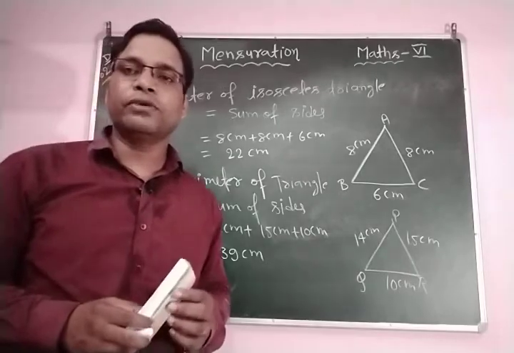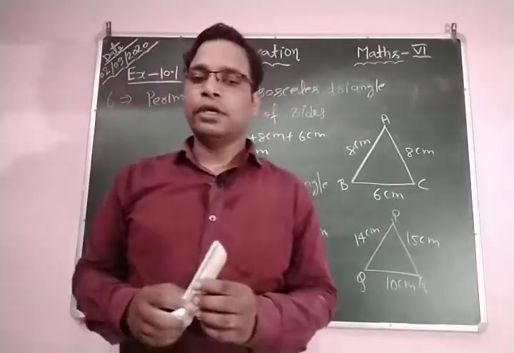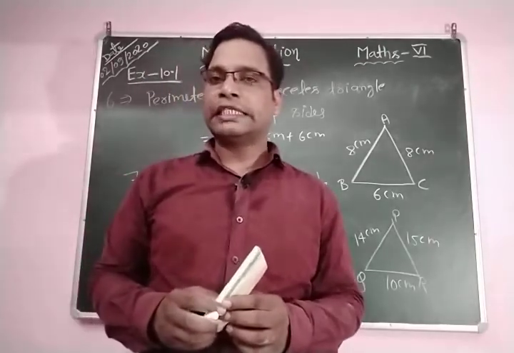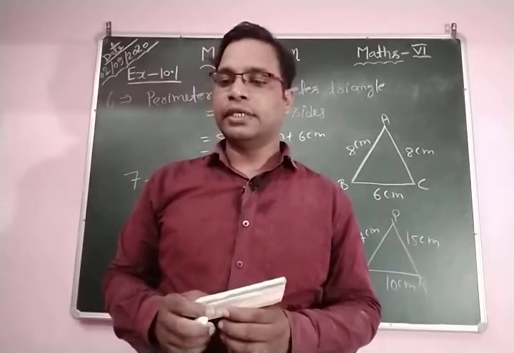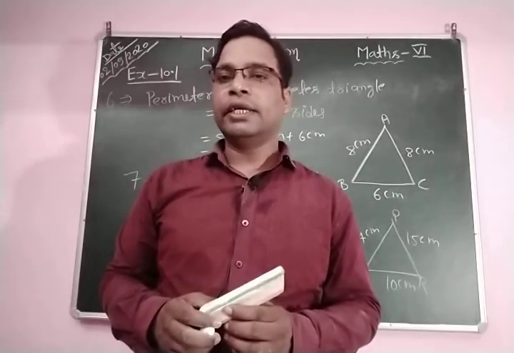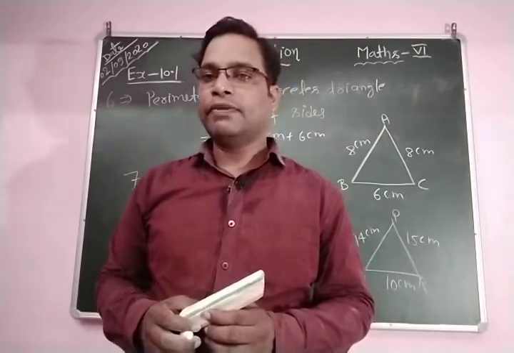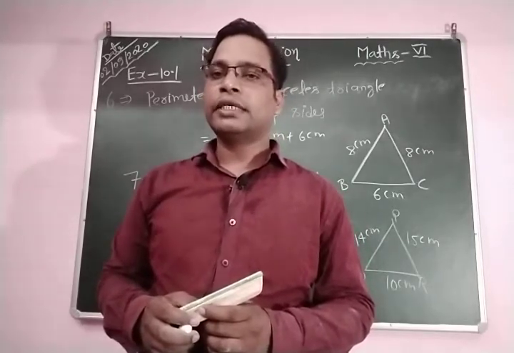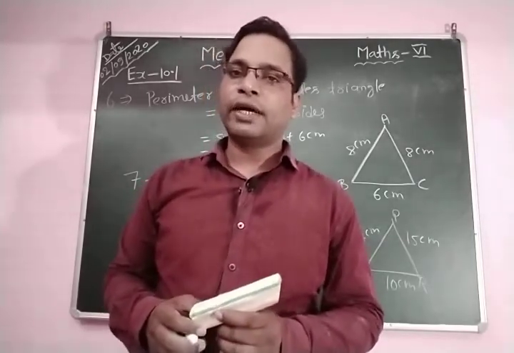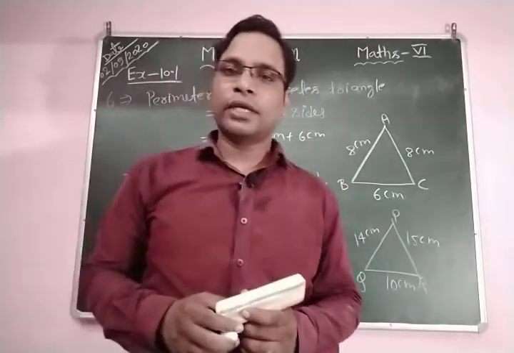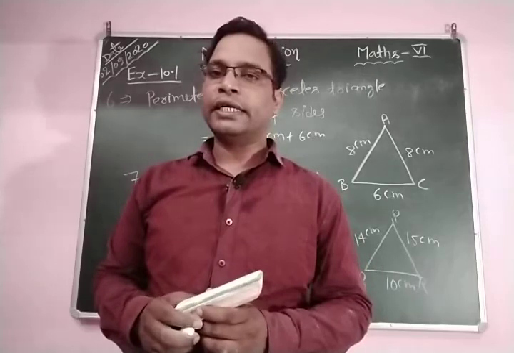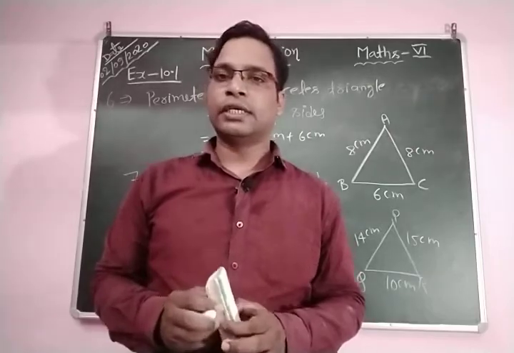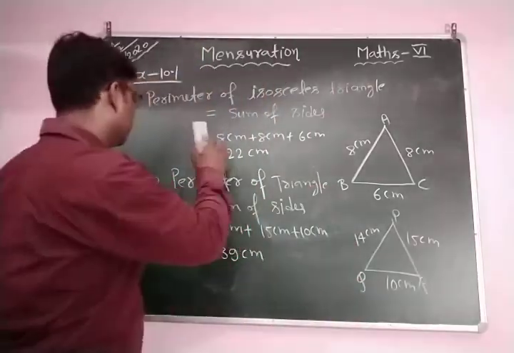Now we are going to discuss the next question, question number 8. Find the perimeter of a regular hexagon with each side 8 centimeters. The length of the side is given as 8 centimeters and the plane figure is a regular hexagon. How many sides does a regular hexagon have? 6 sides. So let's see how to find the perimeter of a regular hexagon whose side measures 8 centimeters. Students, how many sides in a regular hexagon? 6 sides. Okay, so question number 8.